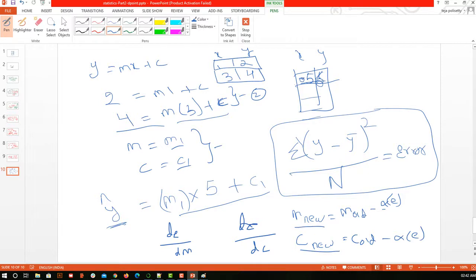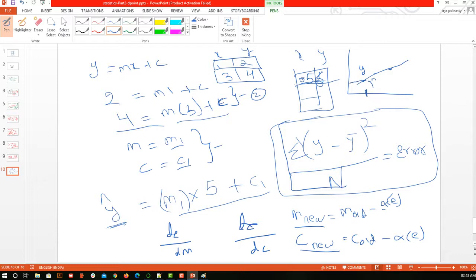What happens basically is, since this is my graph, first the slope is formed. Suppose this is my y bar, but for this x, the actual y is this, and I predicted y bar here.